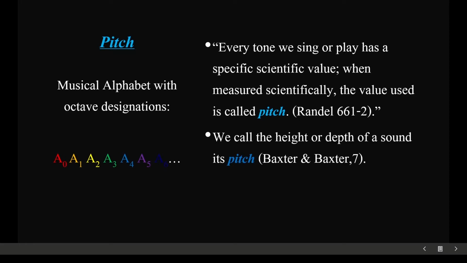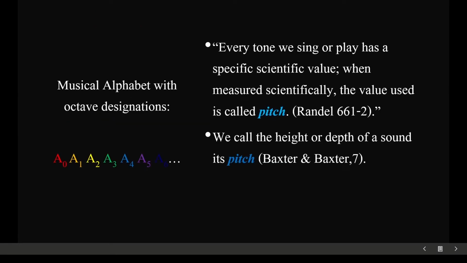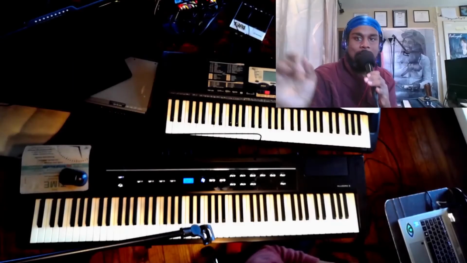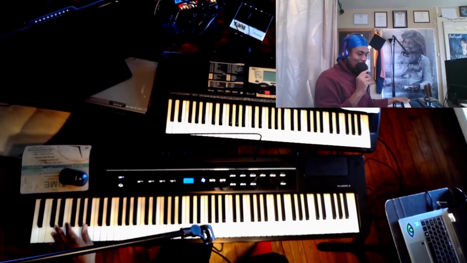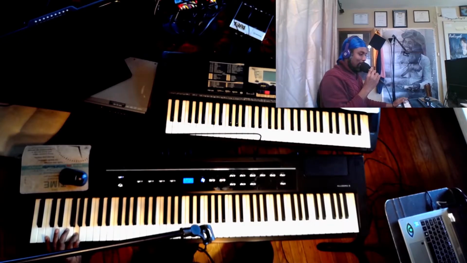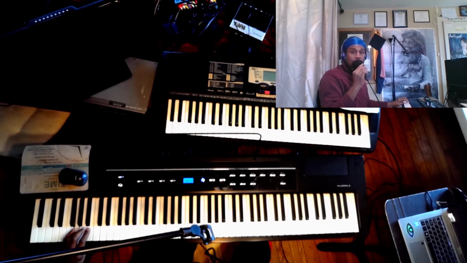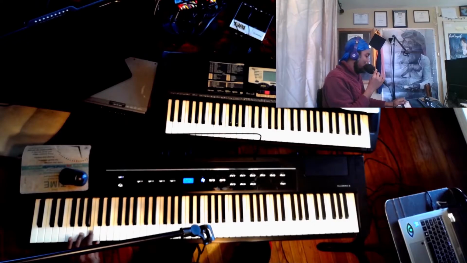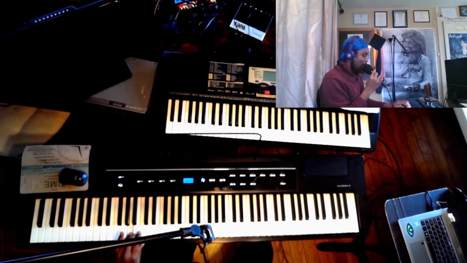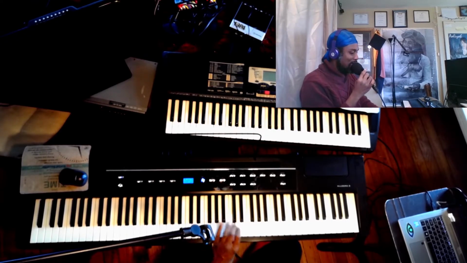Going back to pitch class and differentiating pitch from tone, let's go back just a second. Notice there's the musical alphabet, A, B, C, D, E, F, G. But if you look at the piano, we said there's 7 letters, A through G. But I've said there's 88 keys, so what happens? Once you get to that 7th, G, guess what happens? It repeats: A, B, C, D, E, F, G, A, B, C, D, E, F, G.